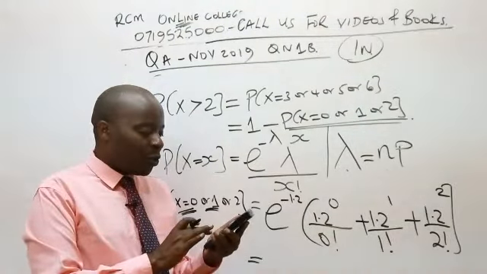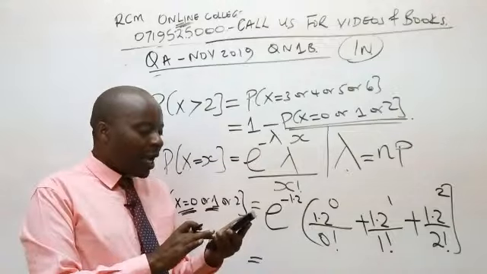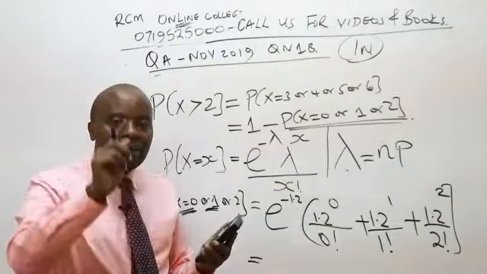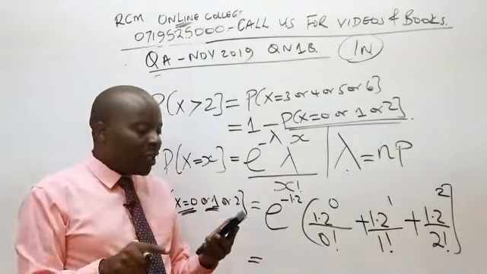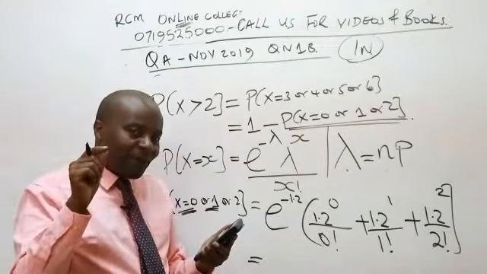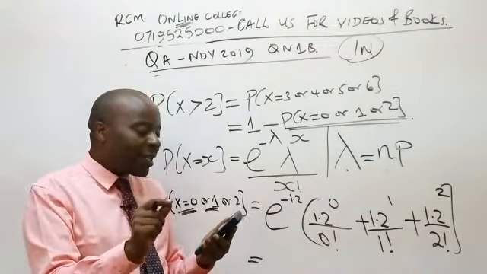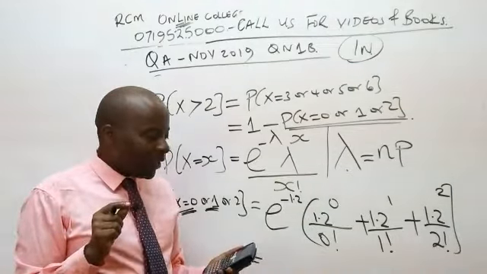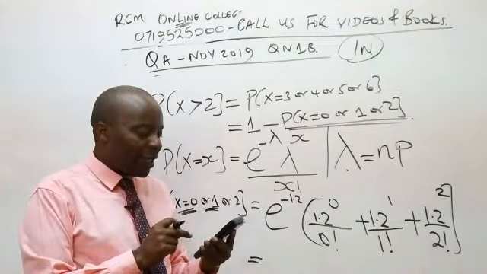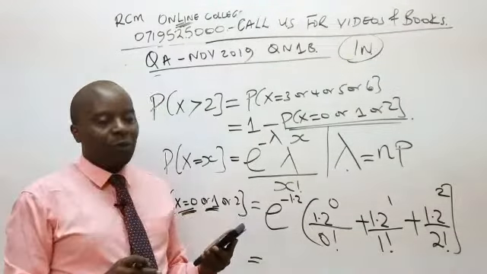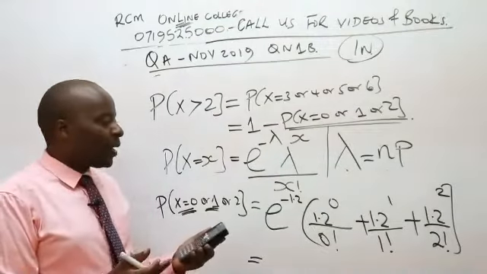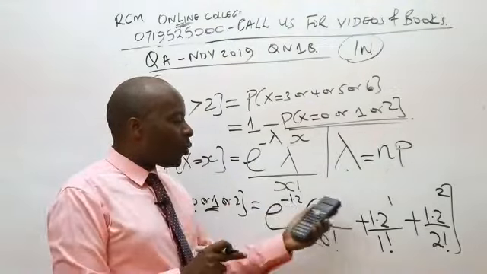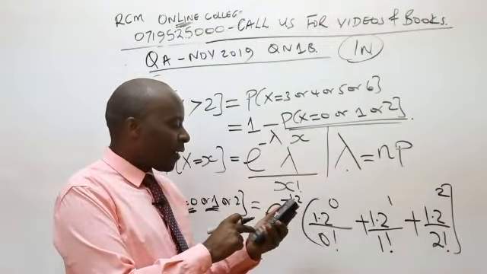We have 1.2 raised to power 0 divided by x factorial. Just beneath your shift, you'll be able to see x raised to minus 1. On top of that, you'll be able to see x with an exclamation mark, factorial. Because it is in yellow, I have to shift. Plus 1.2 raised to 1, divided by,